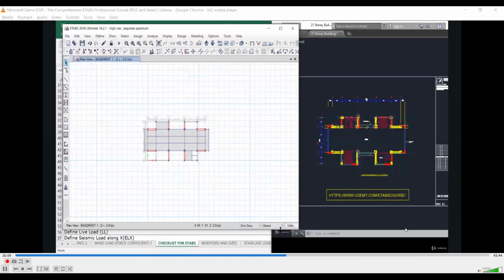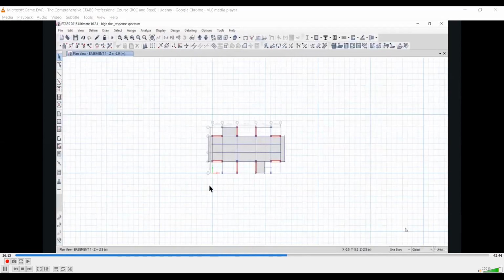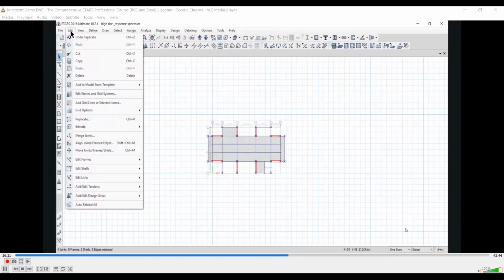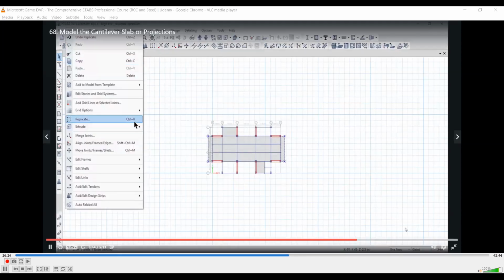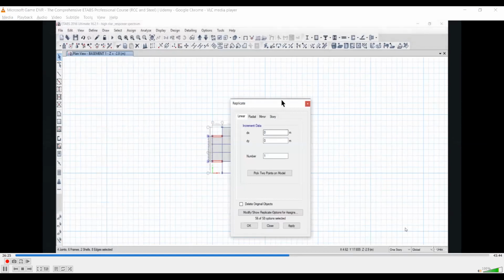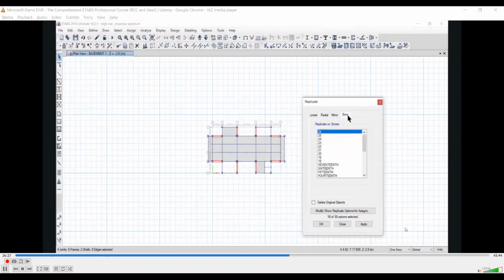Now we need to repeat this cantilever projection from basement level to 11th story. So we need to select these projections and press Ctrl+R on the keyboard, or we can go to edit and replicate. The shortcut is Ctrl+R. Go to story option.